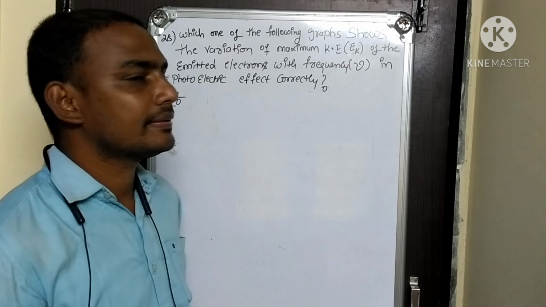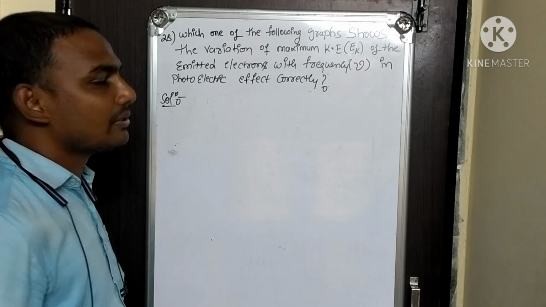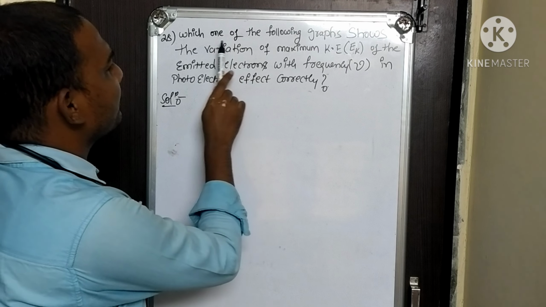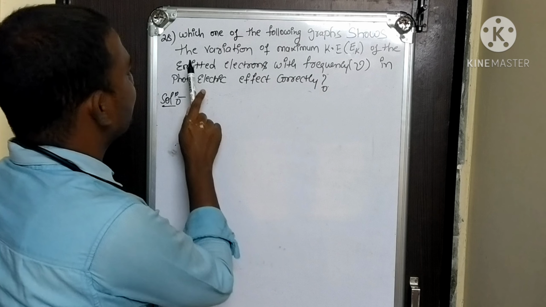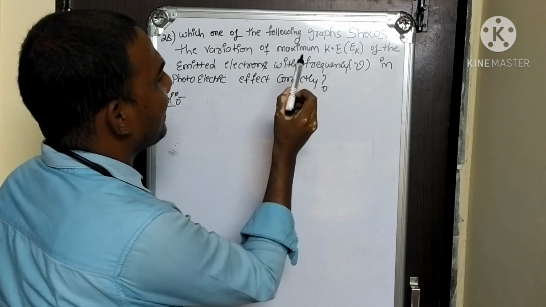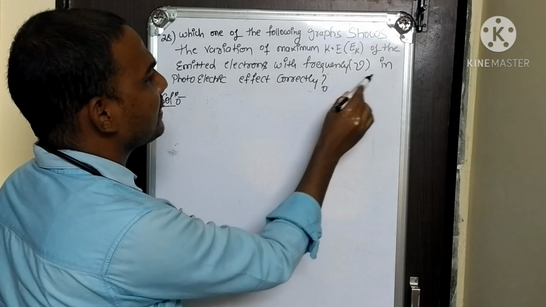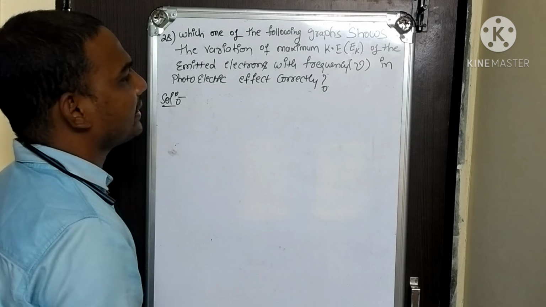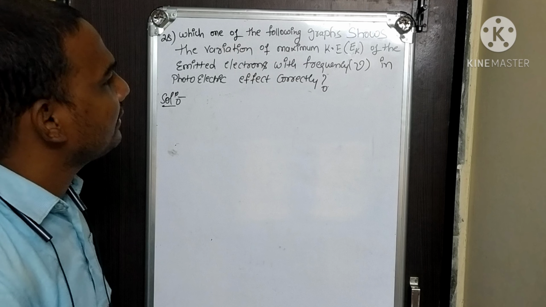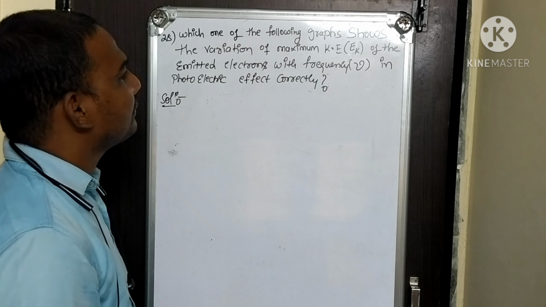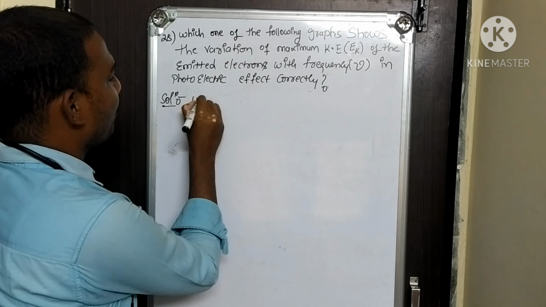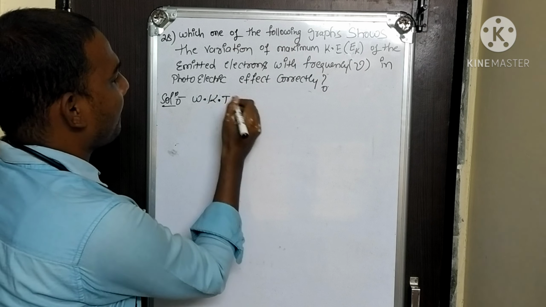Hi students. The given question is, which one of the following graphs shows the variation of the maximum kinetic energy of the emitted electrons with frequency nu in the photoelectric effect correctly? Okay, so from the given data, we know that